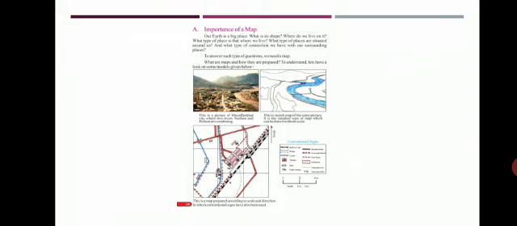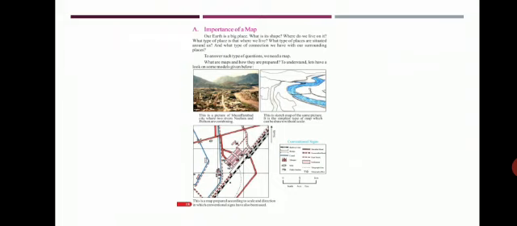slide. These are the components of the map. What is the meaning of component? The parts of the map. There are four components of any map. You will definitely find these four things on any map. The first is directions, second is scale, third is latitude and longitude, and the fourth one is conventional signs. I already explained conventional signs to you because the figure was there, so I'll explain it later too.